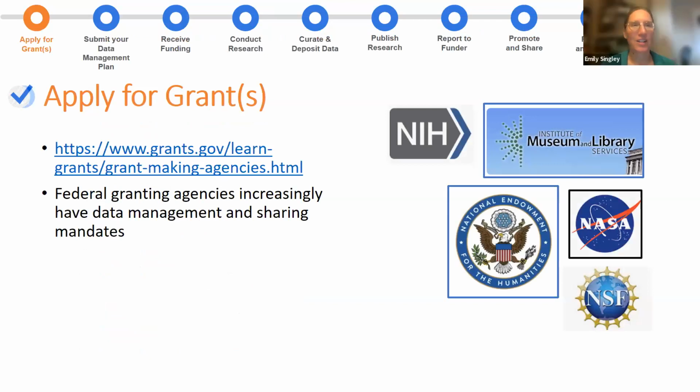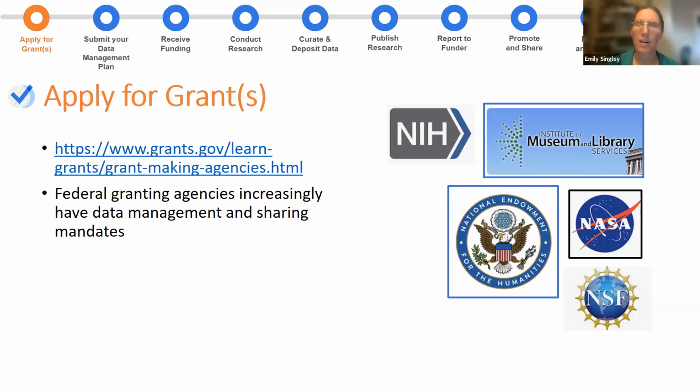All righty, good. So step one, first, if it's going to be federally funded, you have to apply for a grant, right? There's tons of grants you can apply for, federal and not. We already talked a little bit about this. I just want to reiterate that there's tons of granting agencies out there, and all of them in the United States, at least, are going to have data management and sharing requirements within the next couple of years.